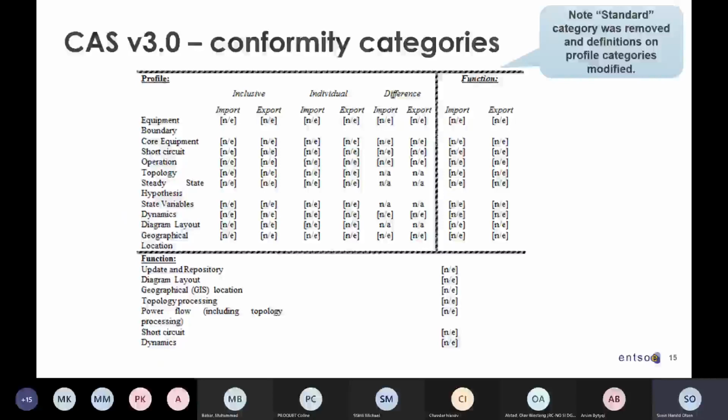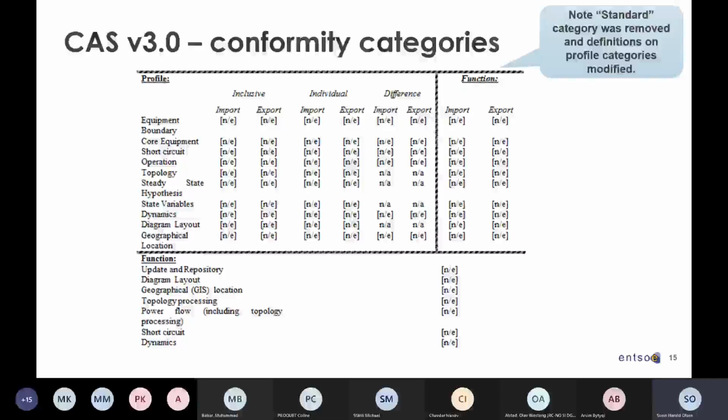Now we're doing a significant job to inform utilities as well that this matrix is really meant for them in the procurement process, and also in their assessment of which tool to use. So we've taken that away. So there is no top level conformity.